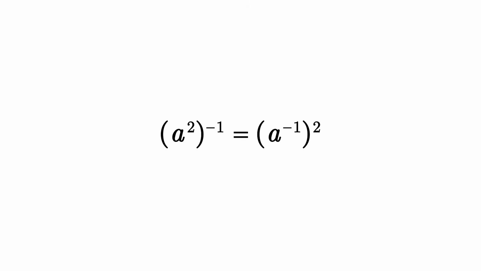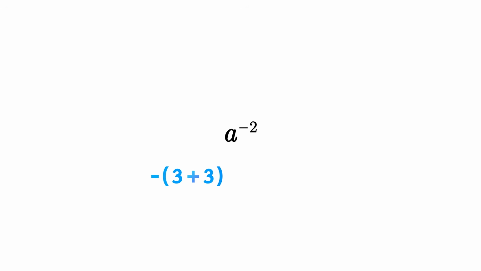Since we've just shown that there can be only one inverse, there's no difference between them, and it is customary to write that object as a to the -2. This is just like how there's no difference between 3 plus 3 negated and 3 negated plus 3 negated. Both objects are denoted by -6. The same reasoning extends to any negative power, but let's stop here.